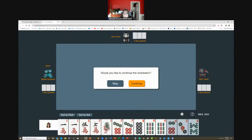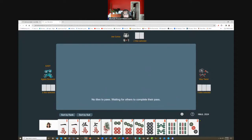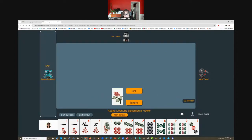All right, now we have a 6 and an 8. So this hand is trending to 5 through 9. We're going to keep going. Now there's a red flag. Joe stopped the Charleston, and they're sitting across from us. So we're just going to decline. We decline. So I would let this 3 go and focus on either the 4th hand down, which is a